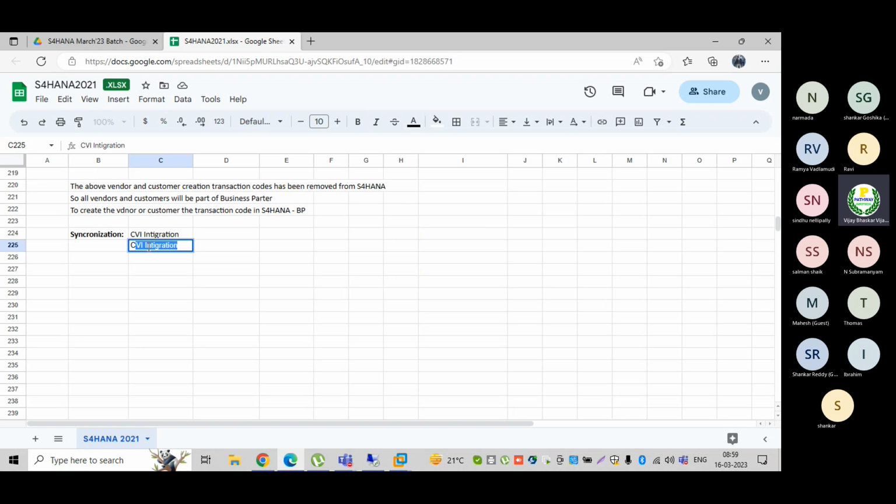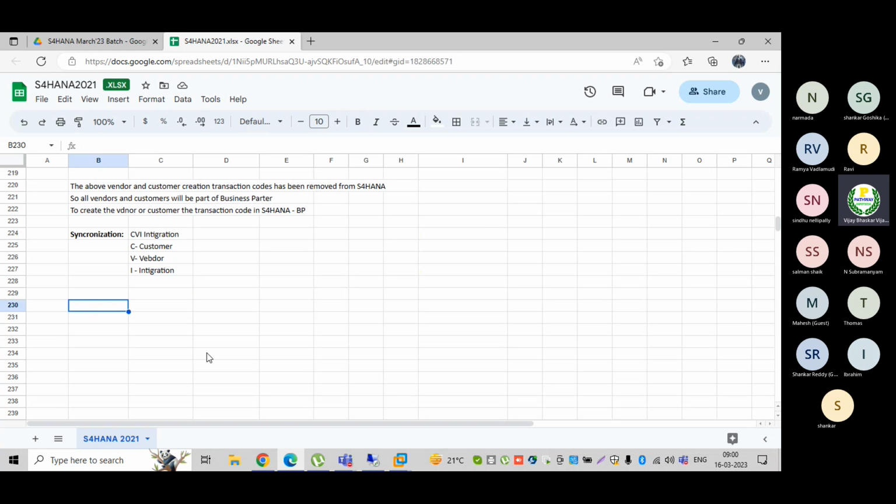C stands for customer, V stands for vendor, I stands for integration. CVI integration means customer vendor integration.